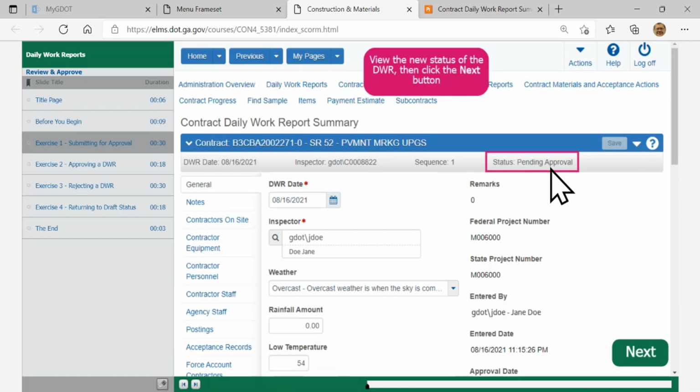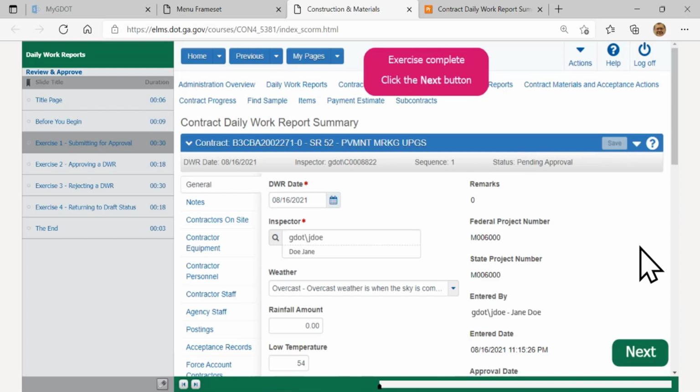Or if worse comes to worse, rejected, in which case I have to go back in there and make some other changes to it. Let's click on next. And that's all it is. As you can see, it's a really complicated, time-involving process. Nah, it's easy. You just go in there and you click on the actions button and you submit it for approval, and that's done. The managers will receive a notification when they search on their side to check it, and then they can approve it.